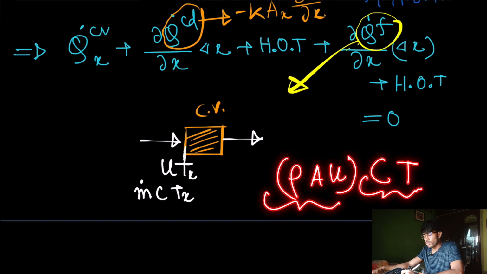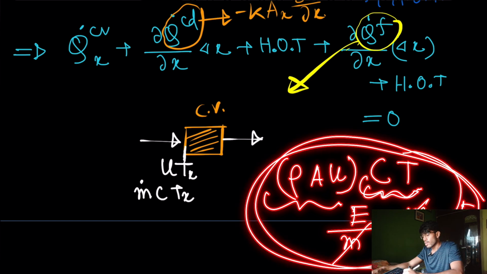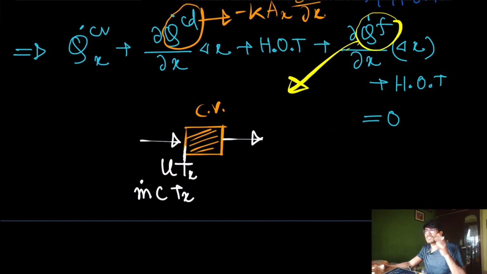And this is the mass flow rate. So energy per unit mass into mass flow rate means what? Mass per unit time. So that means it is energy per unit time, okay. Have you understood? So the rod is going through this control volume, and while going through this control volume, this